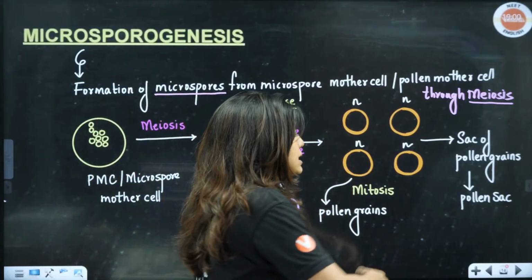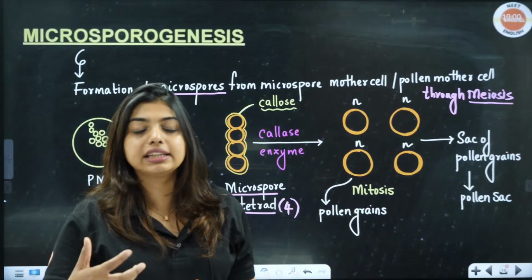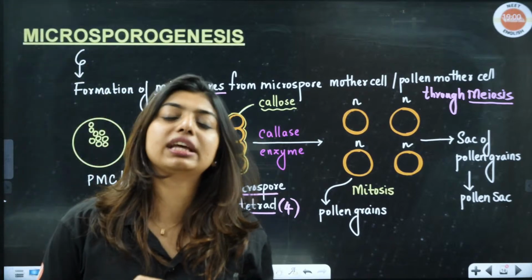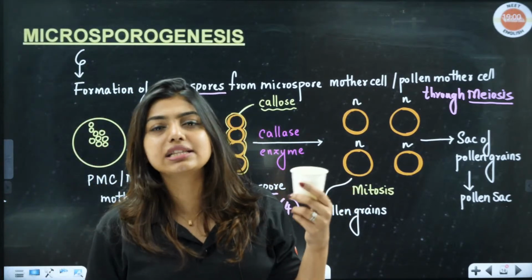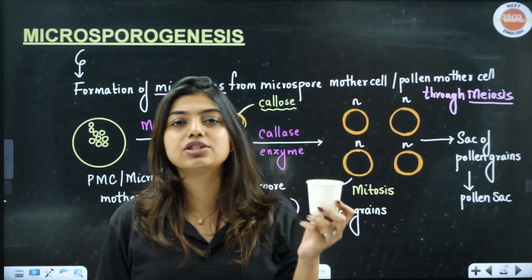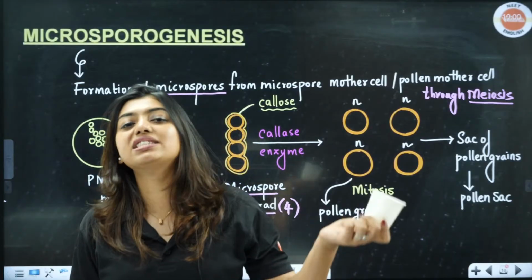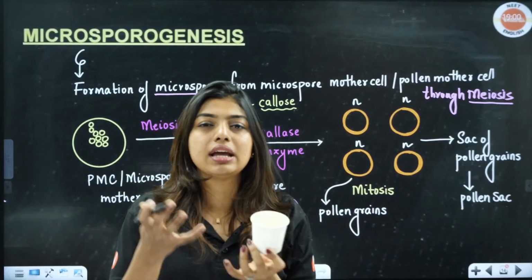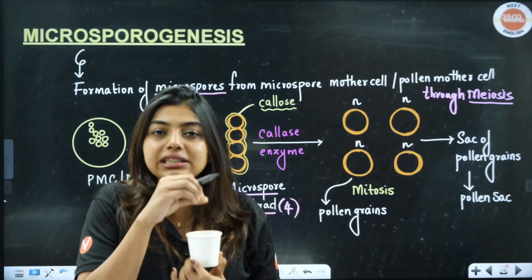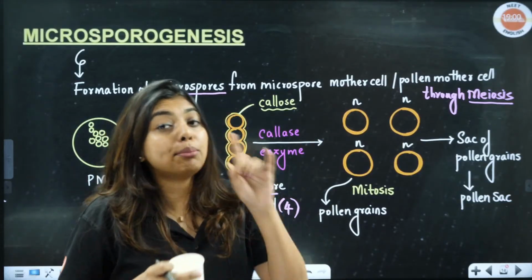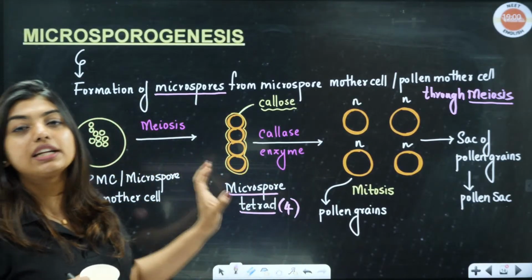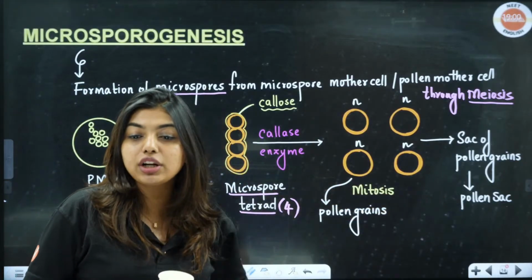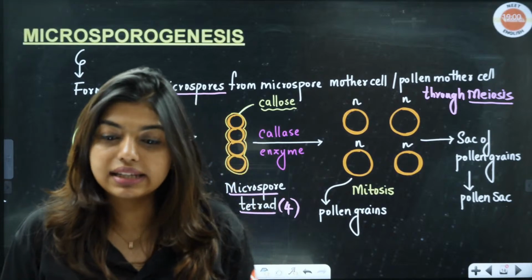Okay, now a sac of pollen grains, what do you call it? You call it a pollen sac, right? Simple. Let's imagine in this glass, let's say there are lipsticks. So you will tell this is my lipstick pouch. Let's say in this glass there is pencil. So you will tell, yeah, this is my pencil pouch. Let's say in this glass you have pen. So you will tell, yes, it's my pen pouch, or let's say stationery pouch. So whatever is inside this, depending on that, we will be calling it. Before, sporogenous tissues were present inside it, so we call it what? Microsporangium. Now pollen grains are inside it, so we call it what? Pollen sacs. Okay, yes.